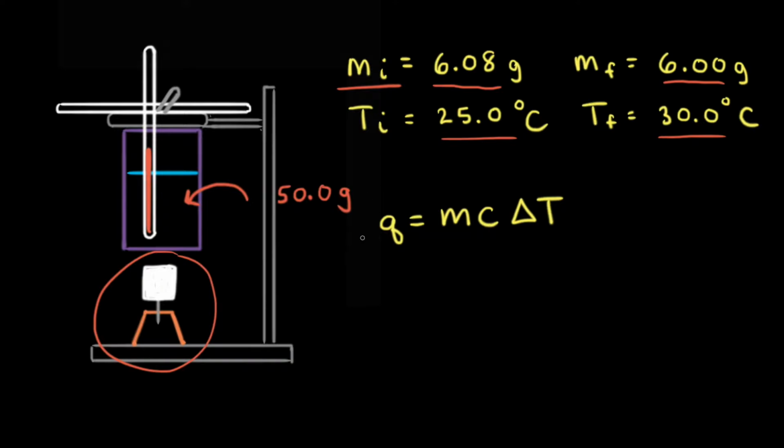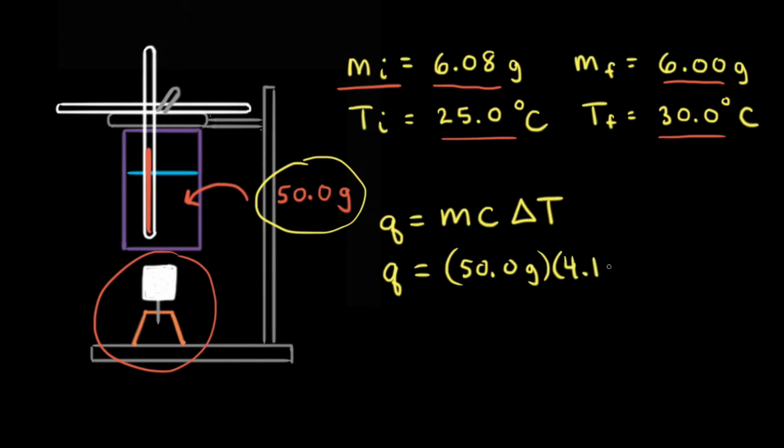Let's calculate the heat gained by the water. To do that, we can use the Q equals m c delta T equation, where Q is the heat transferred. M is the mass of the water, which is 50.0 grams. C is the specific heat of water, which is 4.18 joules per gram degree Celsius. And delta T is the change in temperature, which would be the final temperature minus the initial temperature of the water,